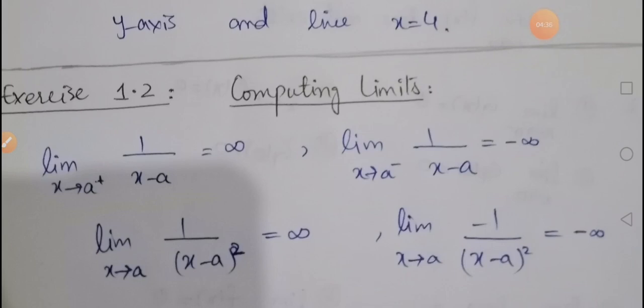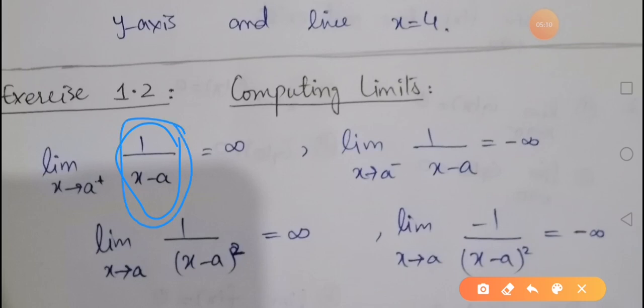There is another way to decide the sign of infinity in the case of such expressions. For example, for 1 over x minus a, we will apply the method we normally discussed in pre-calculus, which is named the sign chart for solving rational or polynomial inequalities. I will share the link of its solution, which is basically exercise 1.8 from the course 101, so you can also go through it in order to cover this topic.